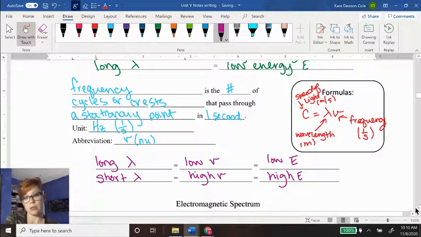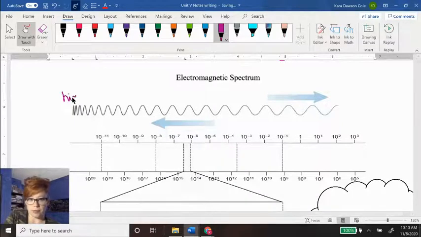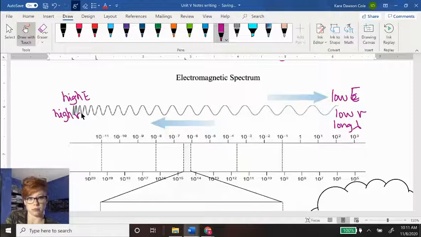Okay, so then we have this electromagnetic spectrum, which here would be your high energy. This would be your low energy. So low energy, low frequency, long wavelength; high energy, high frequency, short wavelength. So if you're looking at something like this,